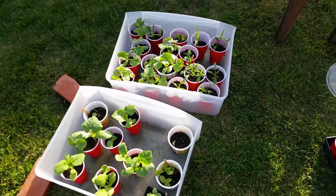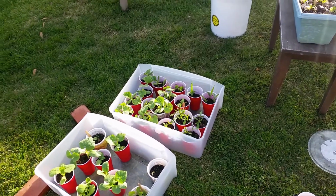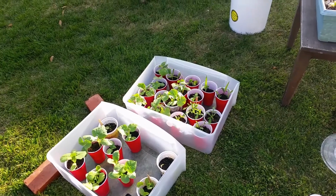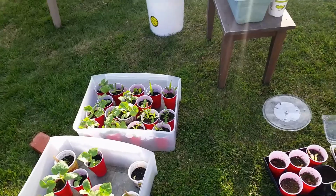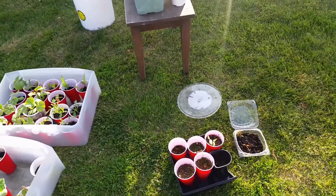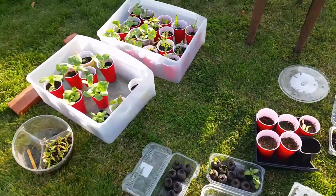So I'm going to come back this evening, but I'm stopping right now because it's warming up and the pollinators are going to be coming out, and I don't want to be out here and they're whizzing by my head. So let them have at it with the spring garden, and I'm going to